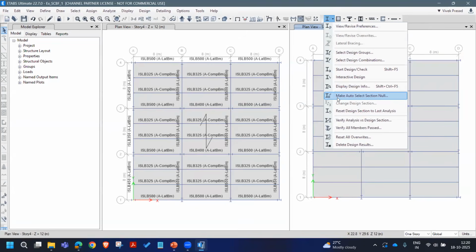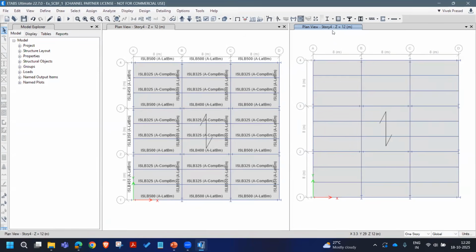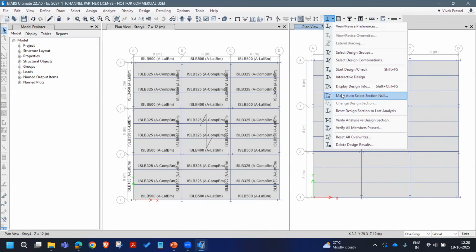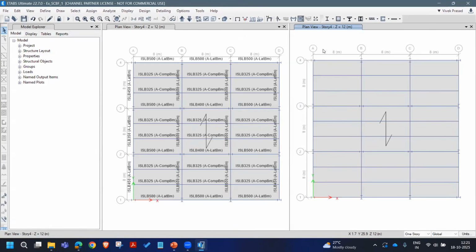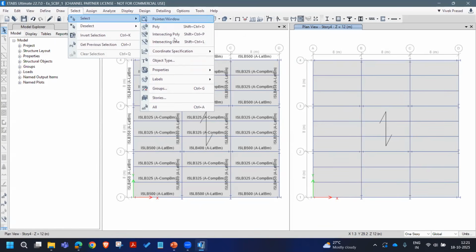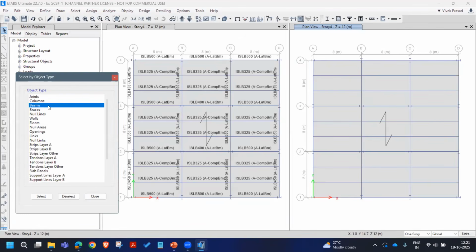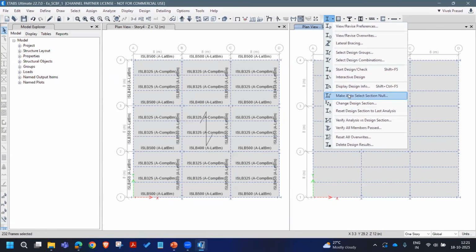So during the optimization, once all the members are matched with the analysis and design, so right now it is matching. What you can do, you can make the auto select section null typically for any model, so that these sections are frozen for further use. So select all the objects, all the beams and, sorry, beams and columns, and then we will assign make auto select null,